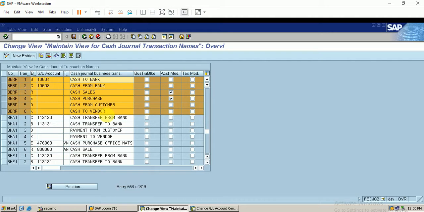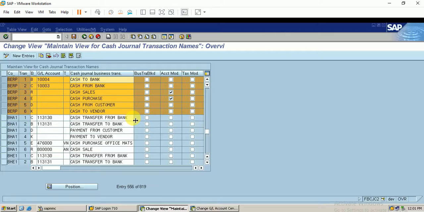But when it comes to sales or purchase, I can use multiple GL accounts for postings. So I have not linked any GL account, but I have marked the account modification field so that I can make multiple selections for my GL account postings.